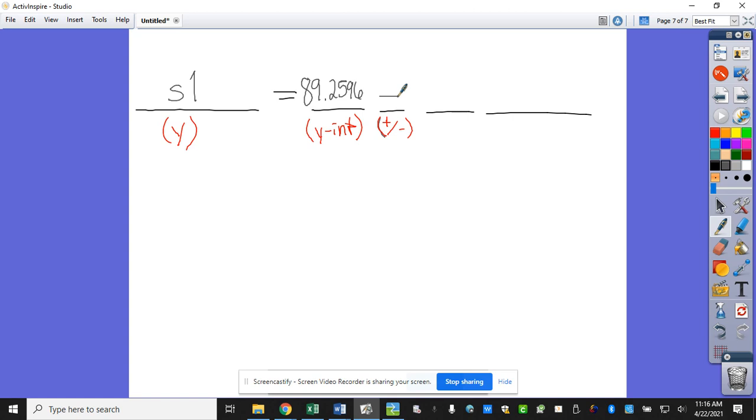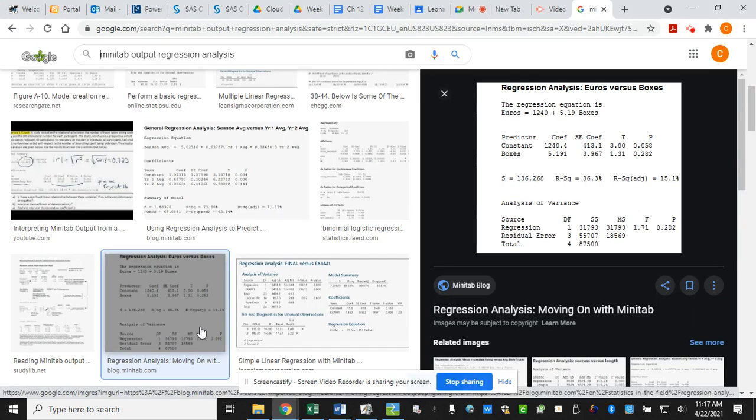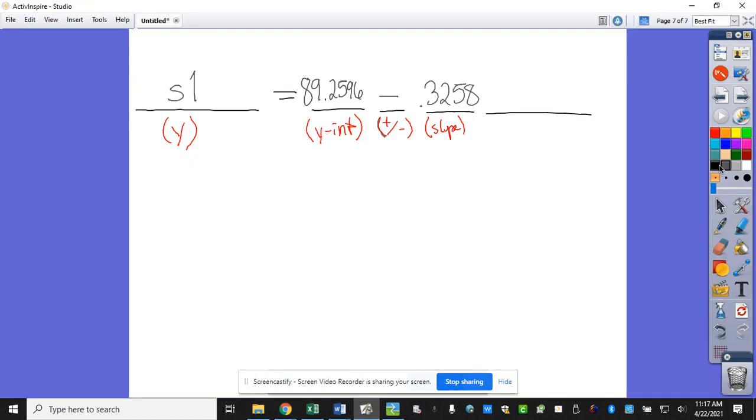What was our slope? Negative what? 0.3258. And then it just put words here. In general, that's our what? So context is going to be absences. In general, that's